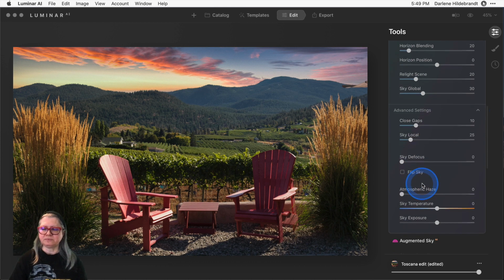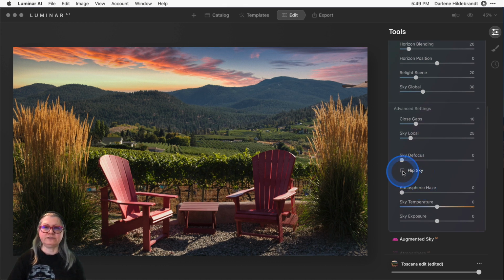So leave that one. This next one here, flip sky, I want to bring this one to your attention, particularly with this image. Take a look at the original image and determine where the sun is coming from. If you look at the chairs and the shadows on the ground in the foreground, you can see that the shadows are going off to the left, which means that the sun is up to the right. Okay, so the sun is up here over this umbrella. But you'll also notice that in this sky image that I used to replace it, the light is coming from the left-hand side. Okay, so that's a mismatch.